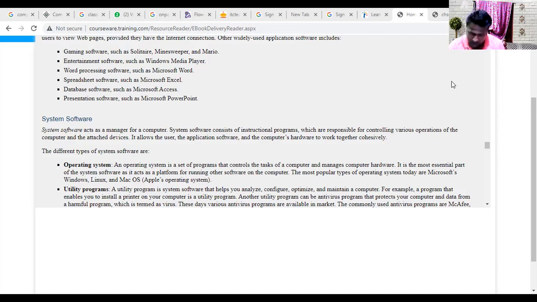So these are the basic structure we are using.